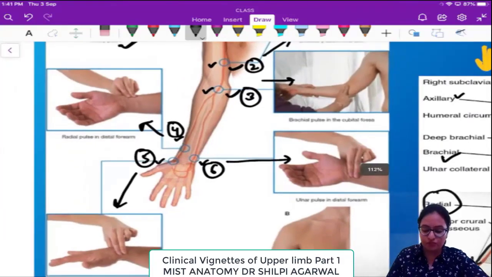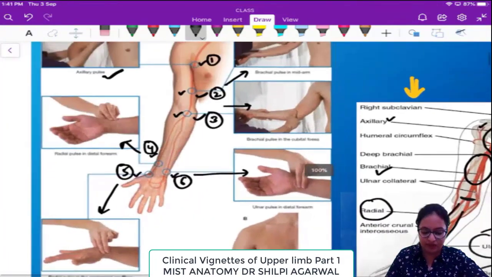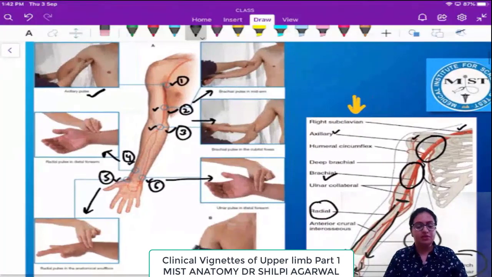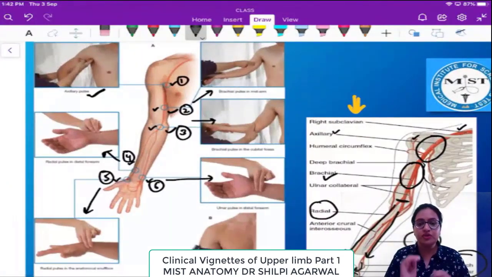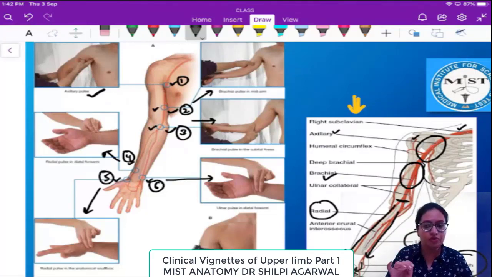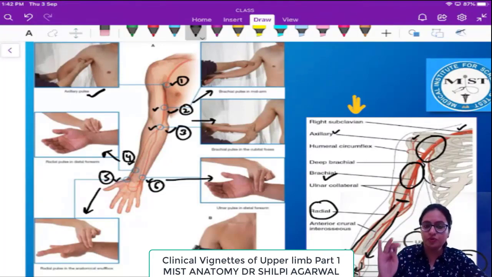Right? Now we should know what the landmarks are where we should keep our fingers so that we can feel the pulse. That is very important. After knowing that we can palpate axillary, brachial, radial and ulnar, of which the radial artery is most commonly used for the pulse, let us talk about at what point you will keep your fingers so as to feel the pulse.